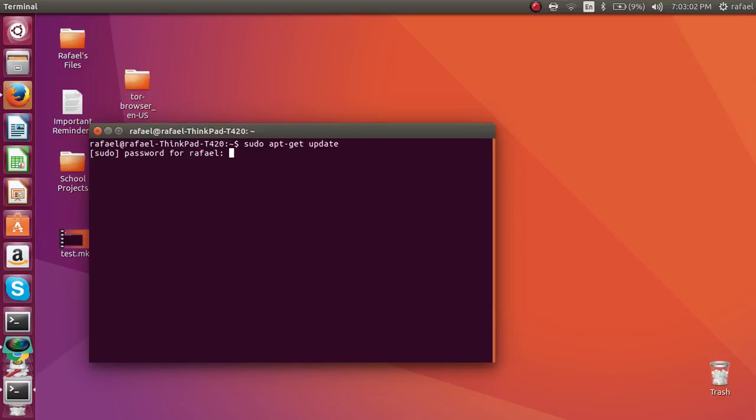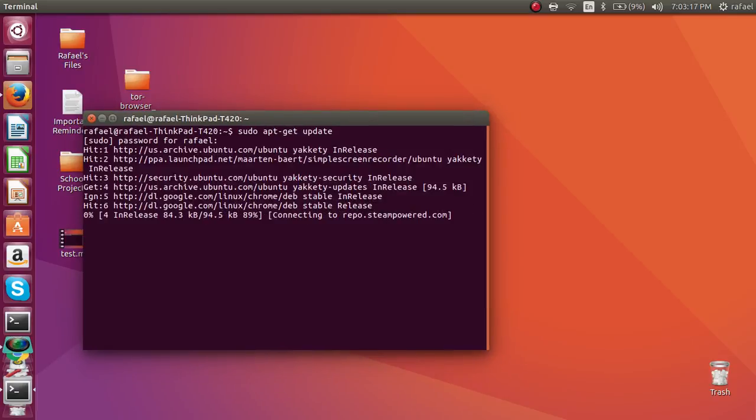I'm just going to type in my password. Now your password does not show here for security purposes, so just type it in like normal and it will still work. So let me press enter, and now as you see,